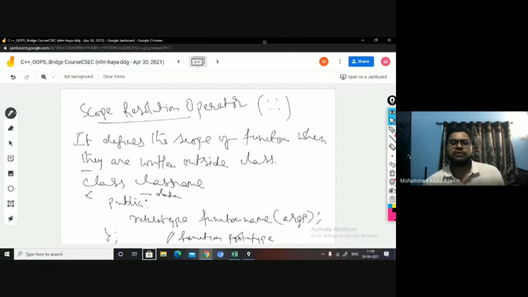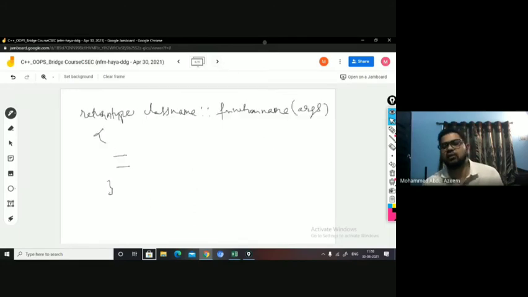So you just mention the function prototype under the public mode of that class. Now you define the function source code outside. The advantage is readability. Readability will be improved, right? If I am interested to look at the source code of only one particular function, I just go to that respective function and can see.